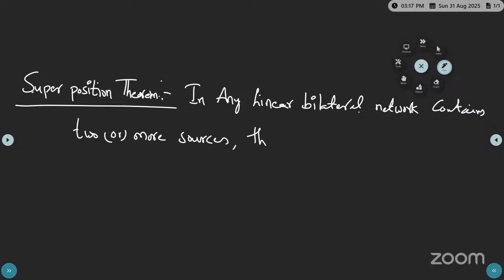The response in any element. What do you mean by response here? Response may be current, response may be voltage, meaning current in any circuit. Okay, this statement is converted into a problem. While solving, we'll apply this one statement to the problem. So the response in any element is equal to